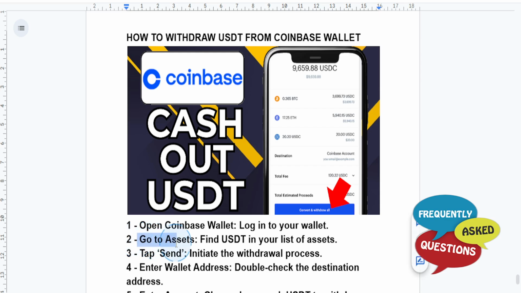Once you're in the app guys, tap on the Assets tab at the bottom to view your cryptocurrency. Locate USDT, which is basically Tether, in the list of your assets, and tap on it. Next, tap on the Send button to initiate the withdrawal process, and you'll be asked to enter the address of the wallet or exchange you want to